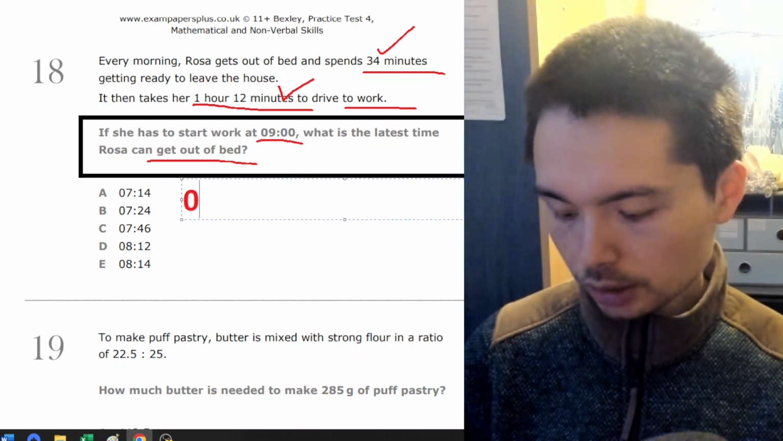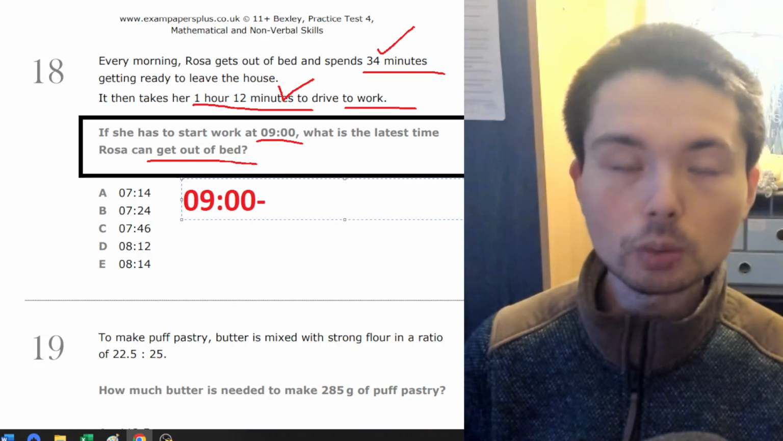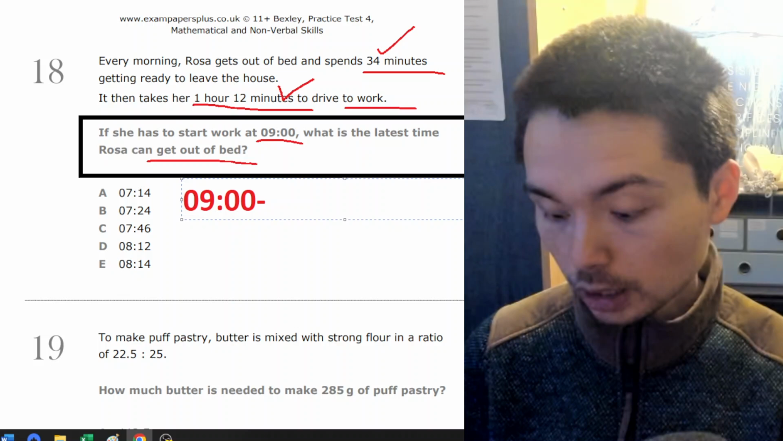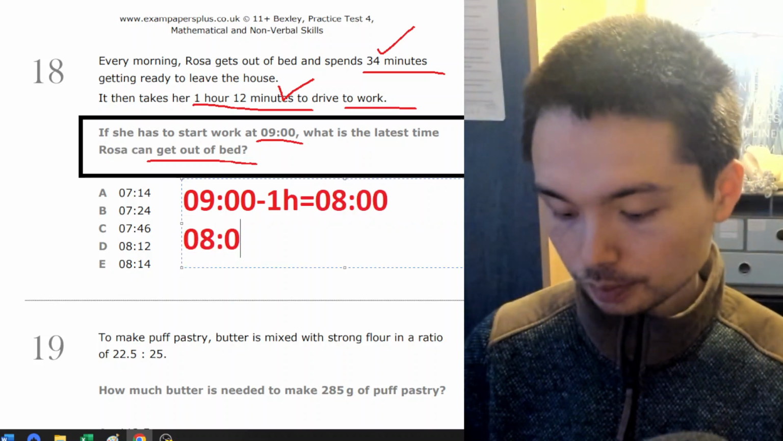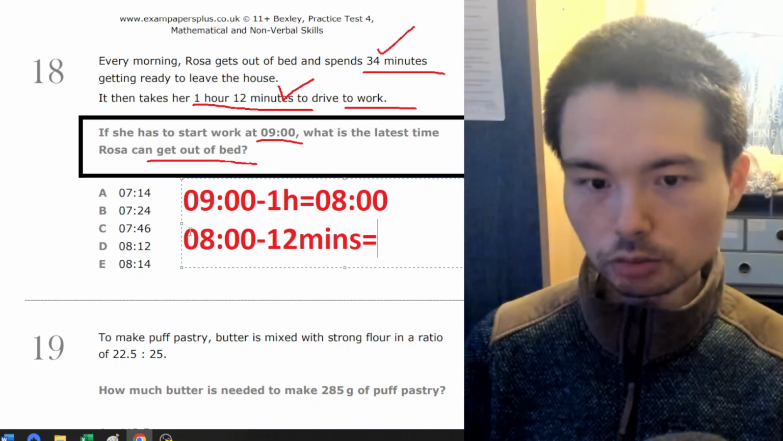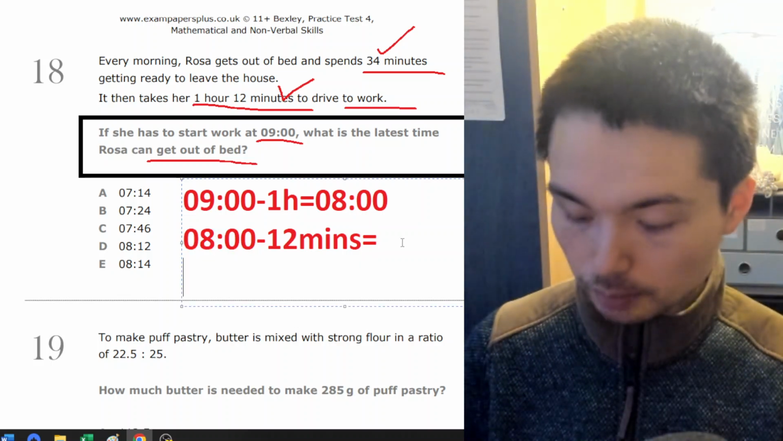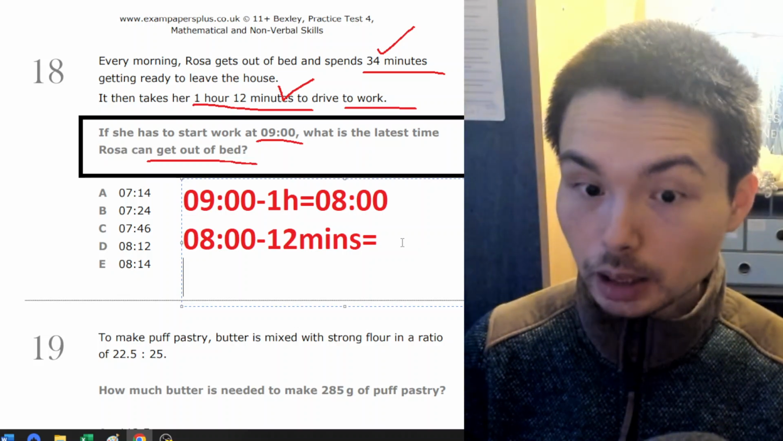9 o'clock, she has to be in for work. Now, 1 hour 12 minutes, so we go back 1 hour first, which is 8. Now, go back 12 minutes. Now, what is that? Well, think of 8 o'clock. A really nice way to see that is actually 7 o'clock plus 1 hour, which is 7